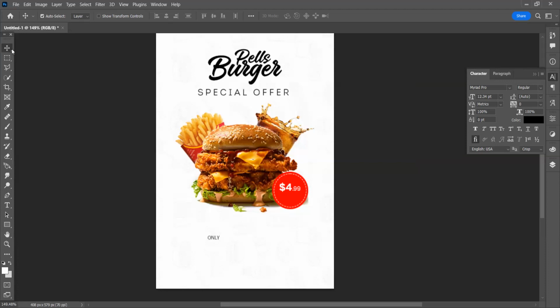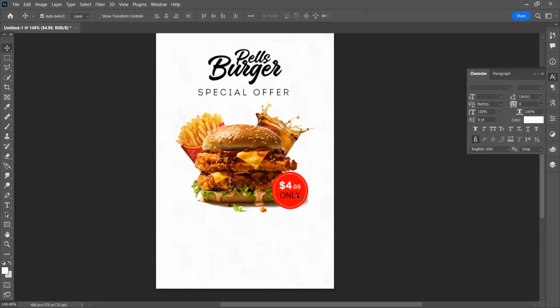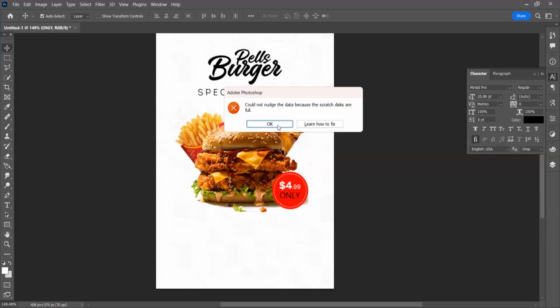So now what we want to do is move it. You can press Ctrl T, first increase the size, then move it while it is still on transformation, like that. Do you get it now? Then you can reduce the size, shift this one up a bit, the 4.99, then move the other one.